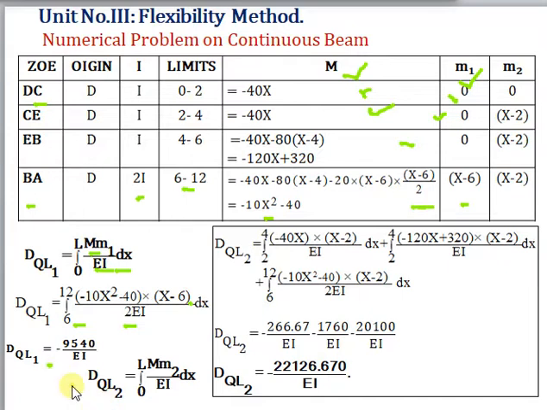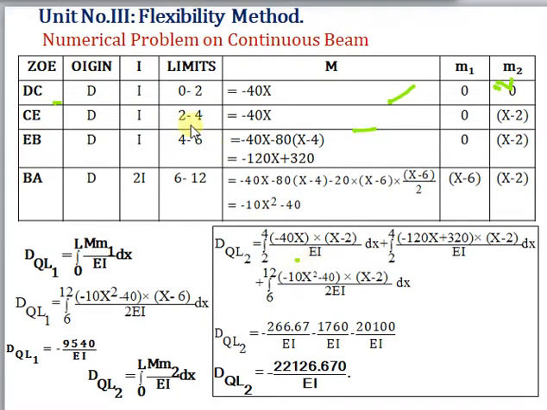Now find the second displacement in the release structure subjected to load corresponding to the second redundant action. So again, integral from 0 to L of M into M2. Now instead of m1 you have to take m2, so M into m2 you have to consider. If we look again at the zone DC, if we consider M into m2, m2 is 0. So there is no need to consider the zone DC because it comes out to be 0. So let's consider the second zone, zone CE.